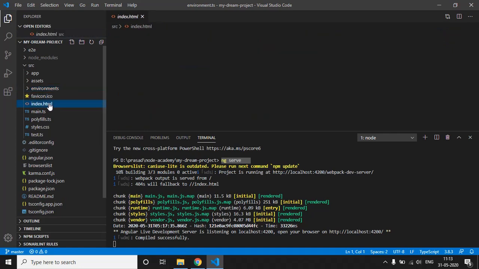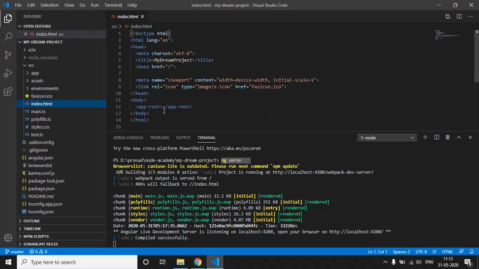Then we have the index.html file. This is the index file which runs on the browser. This is the single index.html file, as we know that Angular creates only one single index.html file.